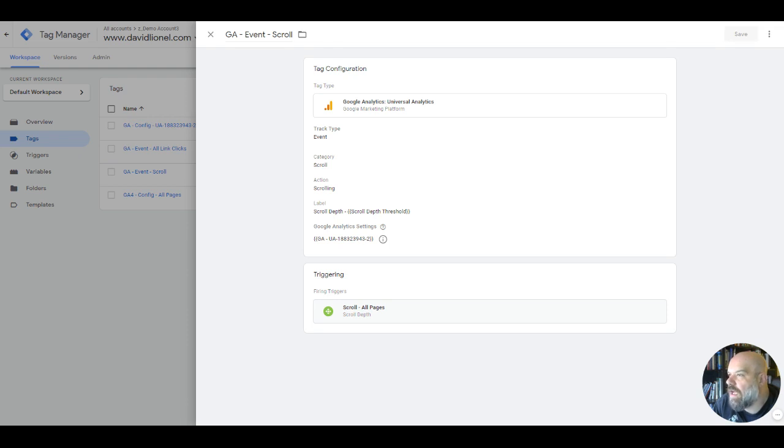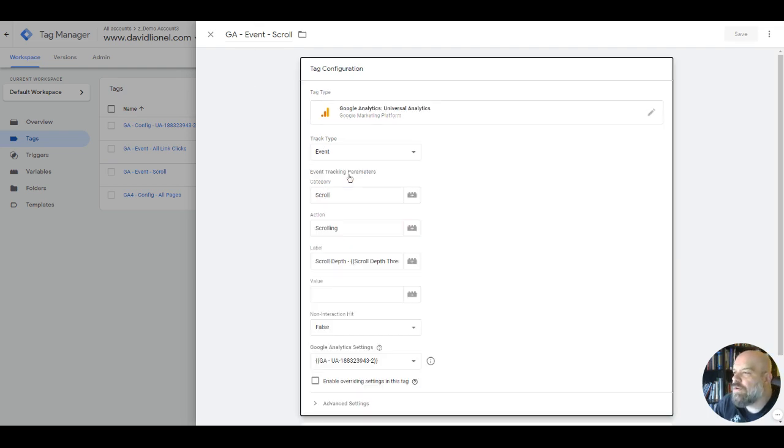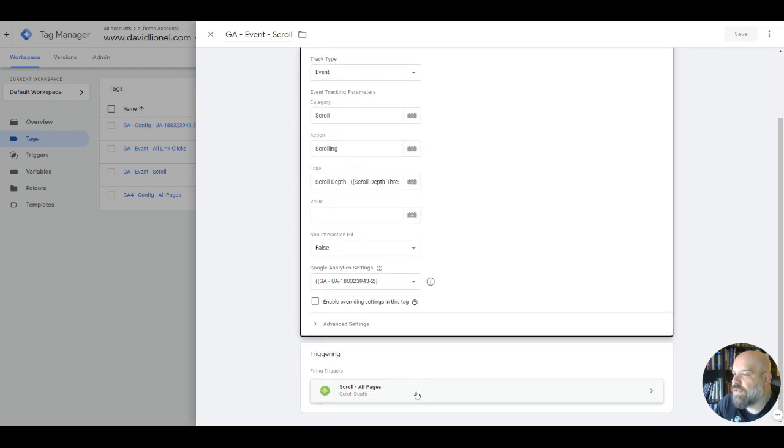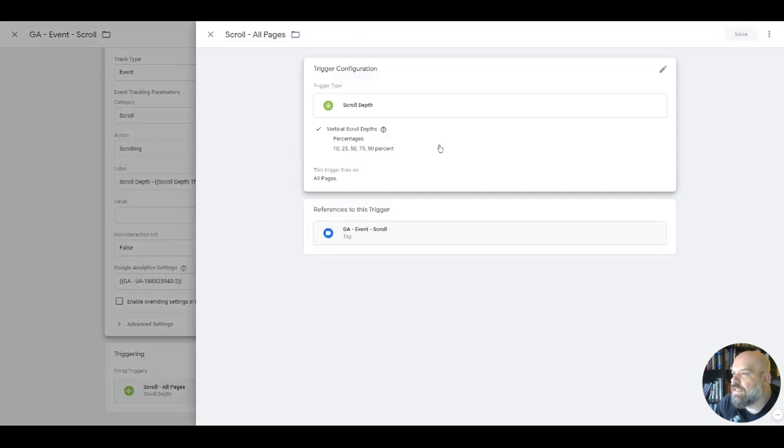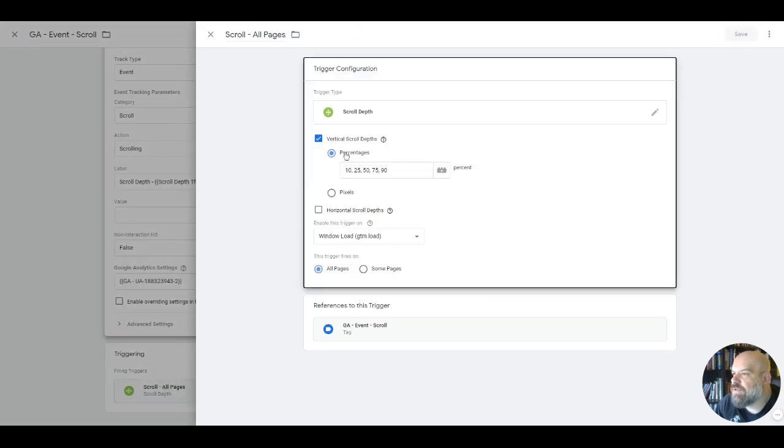And the first thing that I wanted to go over with you is some things to keep in mind about the scroll function. First of all, when we've got this set up to scroll depth and to go by percentage down here, you'll see in the trigger you've got options for percentage or pixels. So when would you want to use percentage and when would you want to use pixels, and why would it matter? The thing to keep in mind about using percentages, which is something I use, is the